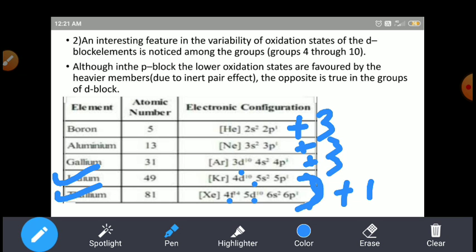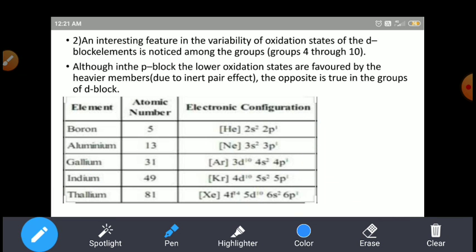In indium, d block elements are occupying, and in thallium, the f block 4f14, 5d10 and d block elements are occupying. So that's why the number of protons in indium